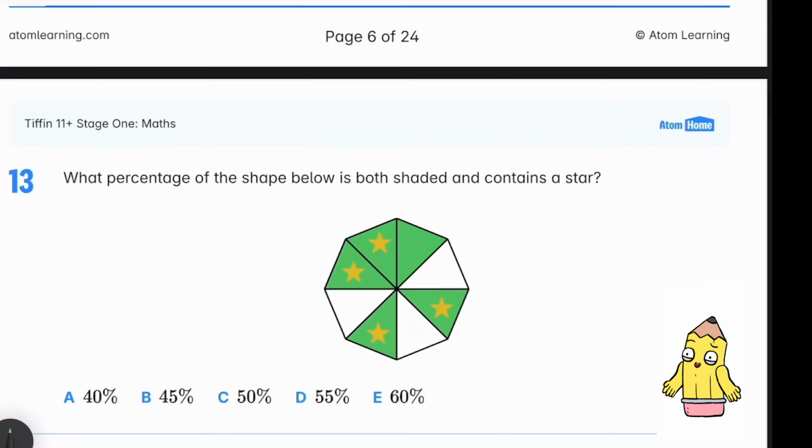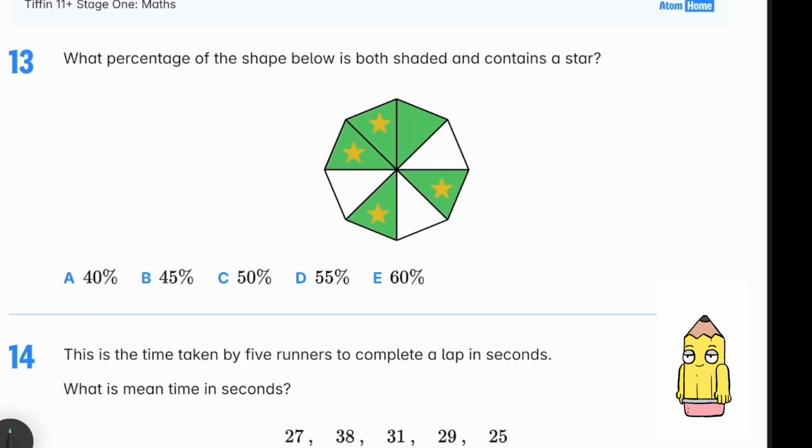Question 13. So what percentage of the shape below is both shaded and contains a star? So we can see that the shape has 8 sections in total and 4 are shaded and contain a star. Since percent means number of parts in 100, knowing the fraction in hundredths tells us what it is as a percentage. So here the fraction is the number of shaded stars over the total number of sections, so that's 4